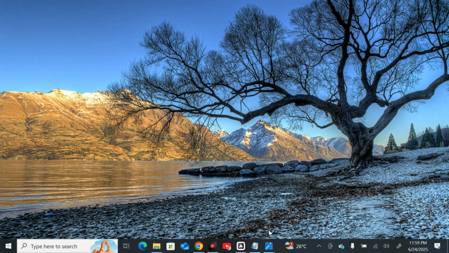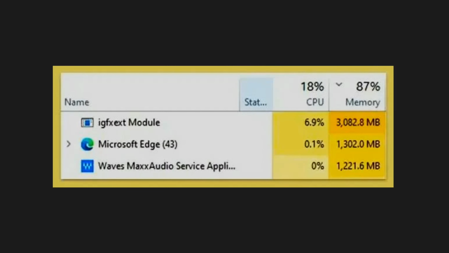I'm going to show you guys how to resolve igfxext.exe module high memory or CPU usage in Windows computer. So